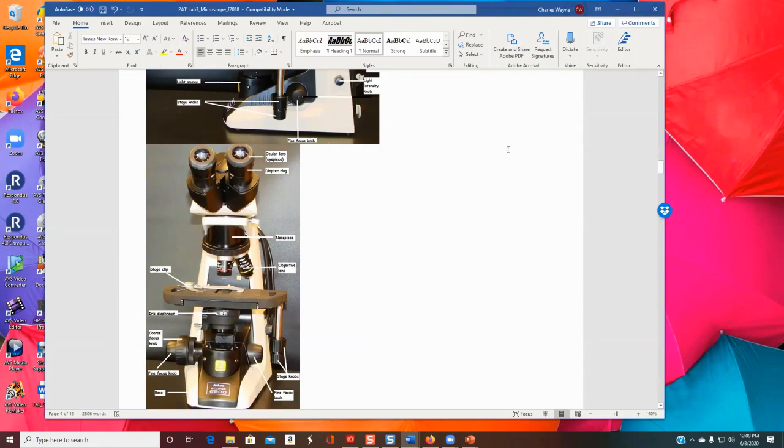Thank you very much. You see how easy it is to find information? So let's assume that this is, let's just say, it looks like the 40x lens, because it's long, and I'll just go 0.65 numerical